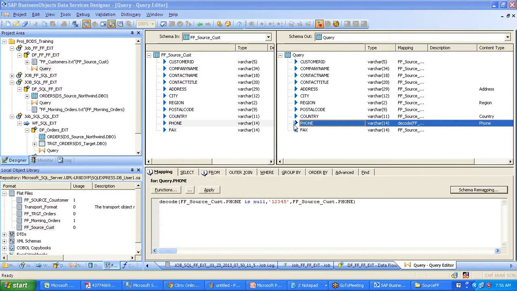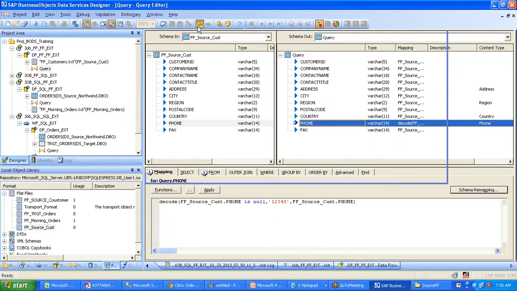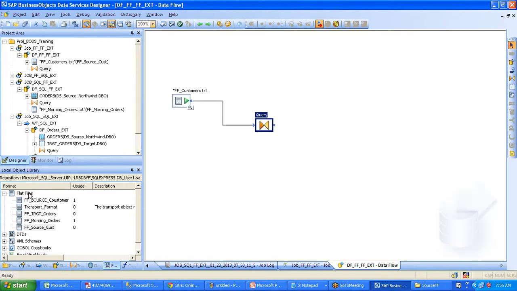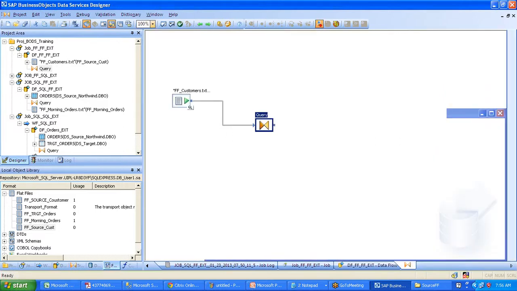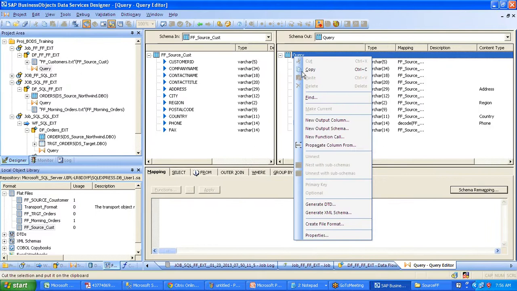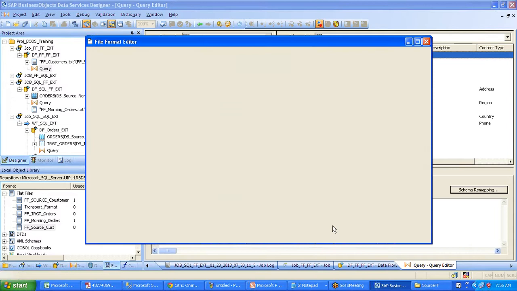Okay, so if you have a rule on a particular column, and if a column is being populated with some business rule, you can see a double arrow here. And now I have to create one more flat file as an output. So go to the query transformation, right click, go and create a file format,